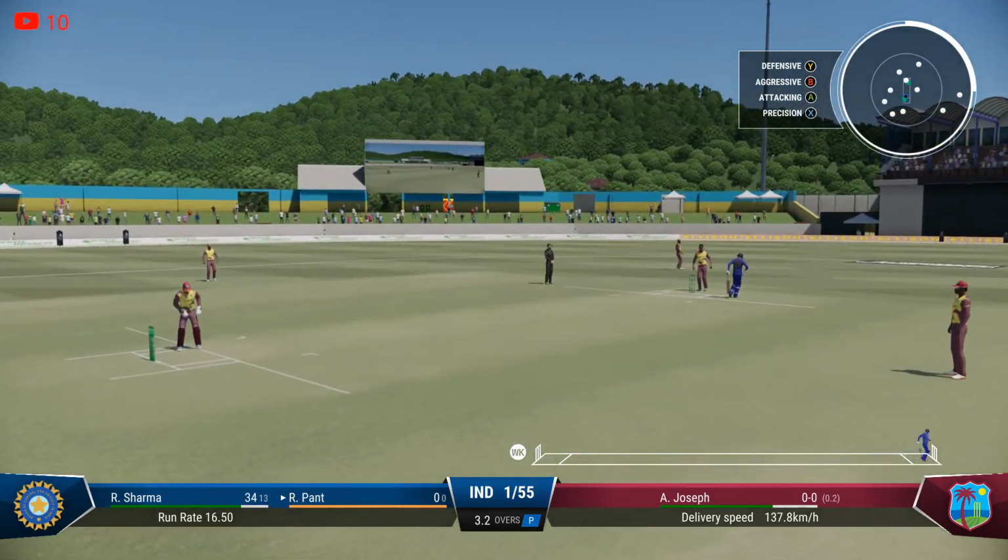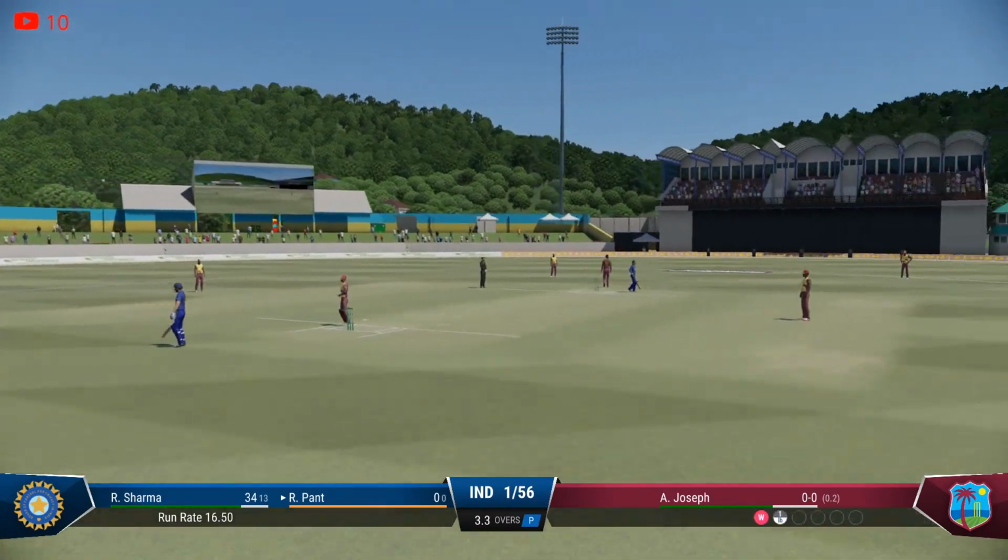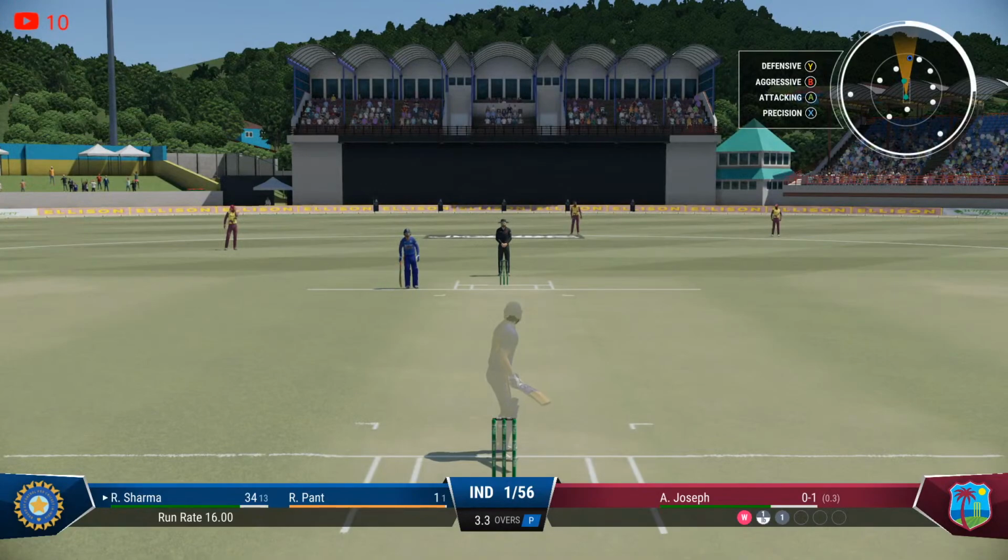Let's not take the risk. Let's be happy with a single. And the score will move on to 56 for 1 after 3.3 overs. Wonderful piece of batting from us till now. We got a run out. Unfortunate run out, but